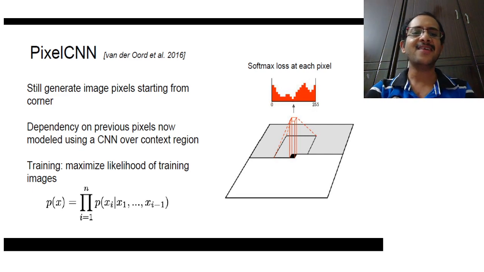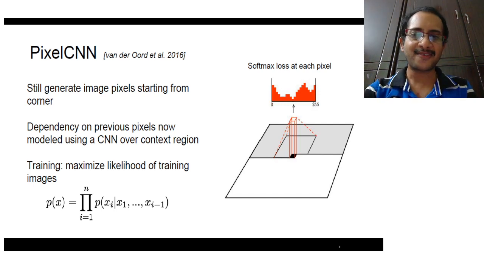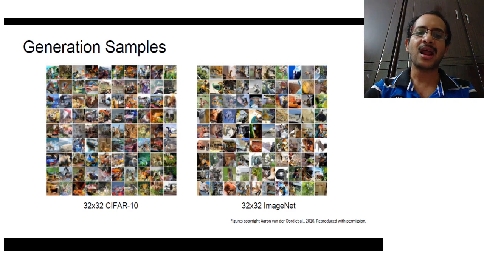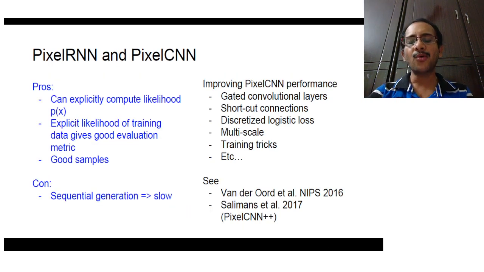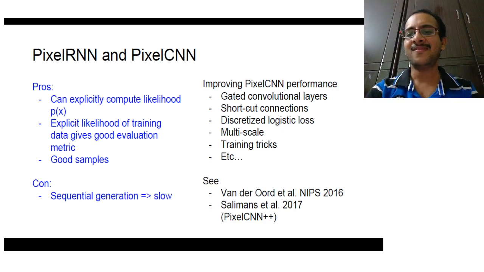This probability density is captured once the training is done for a particular class of images, and this is referred to as pixel CNN. This also helps us generate good samples of natural images like CIFAR10 or ImageNet data, but these are still not as good as natural images. GANs will help us generate much better images. And one more important limitation of this kind of pixel generation is that we can generate pixel by pixel only, and this is a sequential way of generating the images.